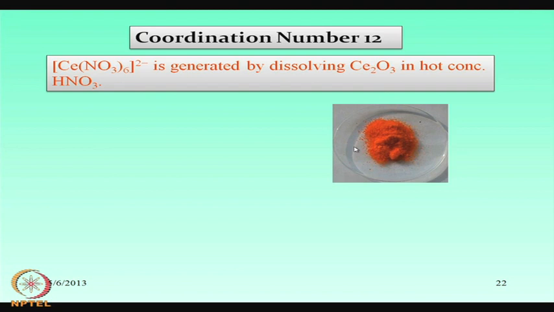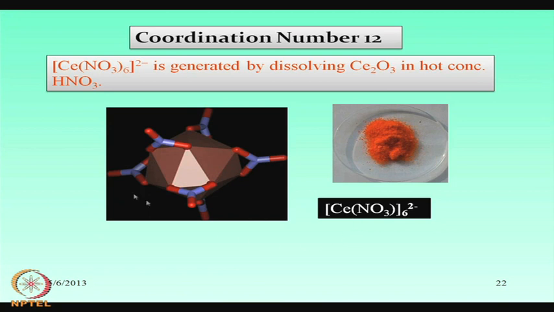So, ammonium ceric nitrate, sometimes also known as ceric ammonium nitrate, which organic chemists label as CAN, is a beautiful red colored powder compound, which is shown here on a petri dish. And this red colored compound can be obtained this way, and this ammonium salt also looks like this. So, the ammonium salt can be isolated like this, and in this particular case we have a coordination number of